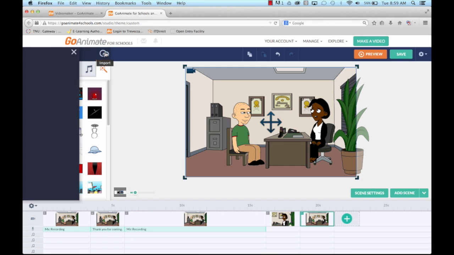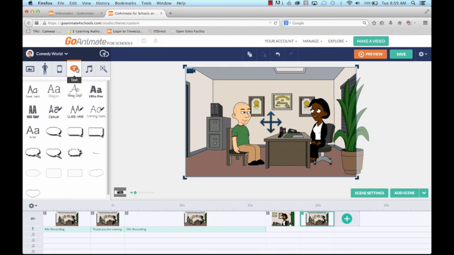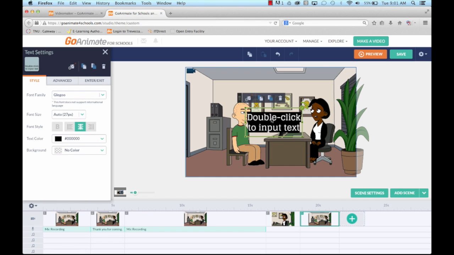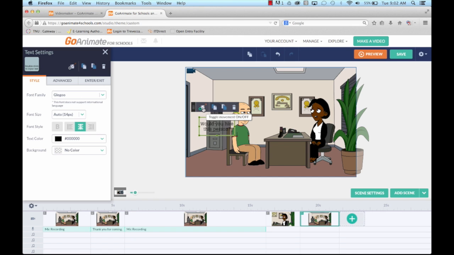And what I'm going to want to do to end it is add some text. Over here on the left, with your tabs to choose from, you'll just select text. I like this second one here, so I'm going to click that, and as you can see, it'll add the bubble there. So we'll double click and put, would you hire this person? What I would like to have it do is sort of fly in at the end. So with this selected, I'm going to toggle movement